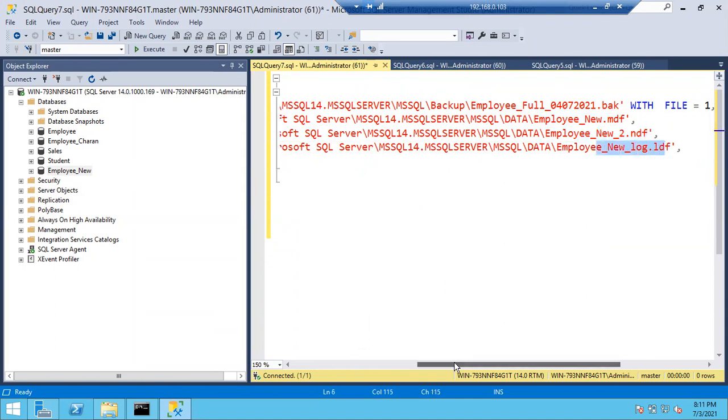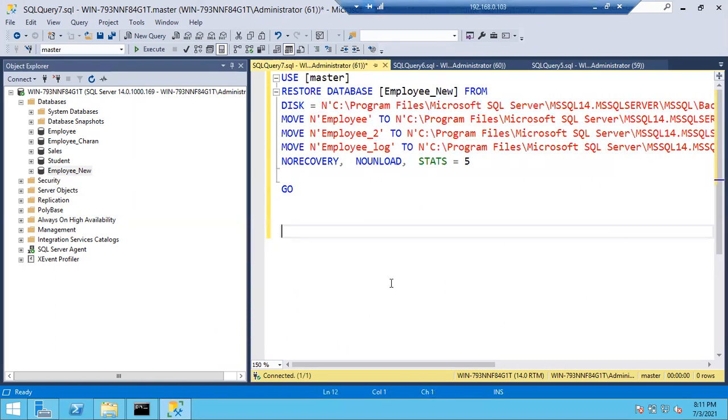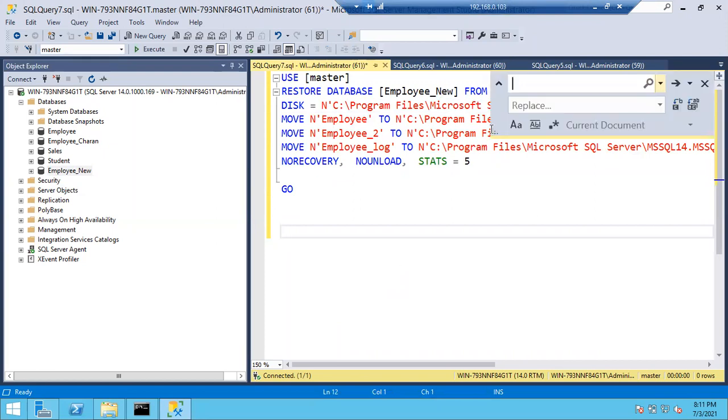So now what I will do, I want to restore this database with another name. Simply I'll keep it as old. Control H, I want to replace. Why? Because I have to replace new with old every time. I don't know where all new is. In a lot of places we have new. So what I'll do, I'll replace my new with old here. Find new.